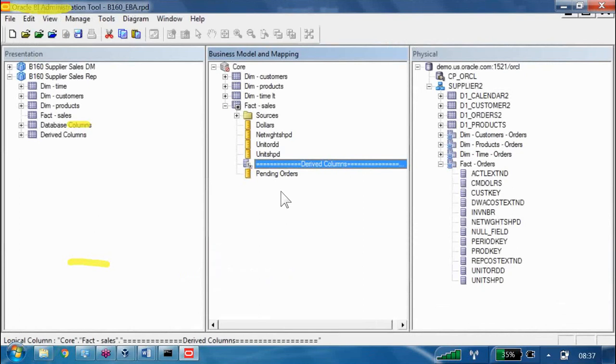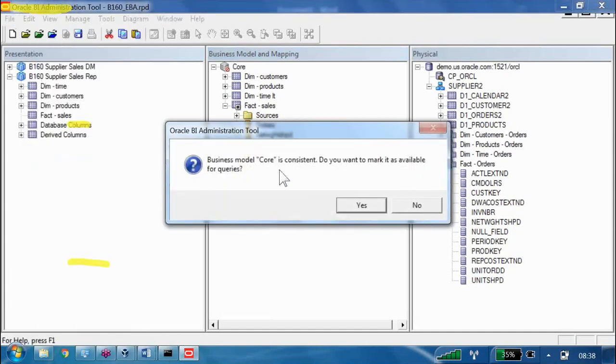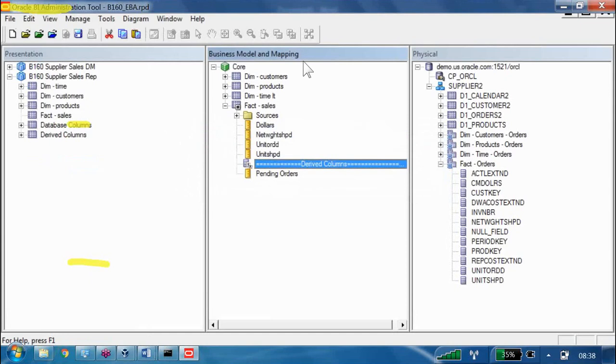Okay, single quote we have to provide. I provided double quote, I have to provide single quote. Some tools will accept double quotes, some tools single quotes. That's the confusion. Now if you go to the file menu, check global consistency, what is it saying now? It is consistent. Now tell me, is this column mapped to any physical column? Is this column mapped to any logical column? No, it is just a comment line we wrote. For the comment line, we wrote some story internally. You can simply write one word also and leave it, whatever you want, but for more information I gave it like that.